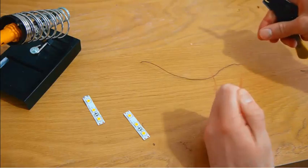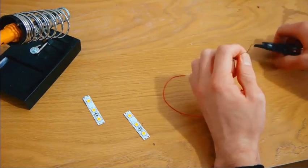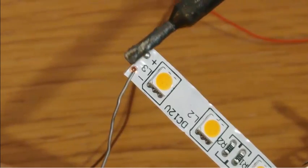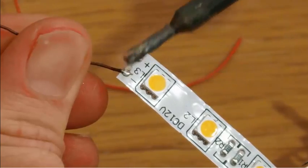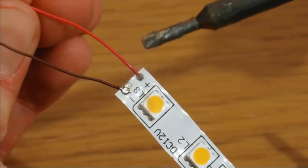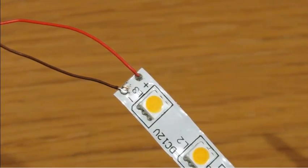Turn on your soldering iron, and whilst it's warming up, prepare your wires by exposing their ends using wire strippers. Add some solder to these ends and also add some to the pads on the strips. Now solder your wires to these pads. The polarity is marked, so I'm going to use the dark wire for the negative side and the red wire